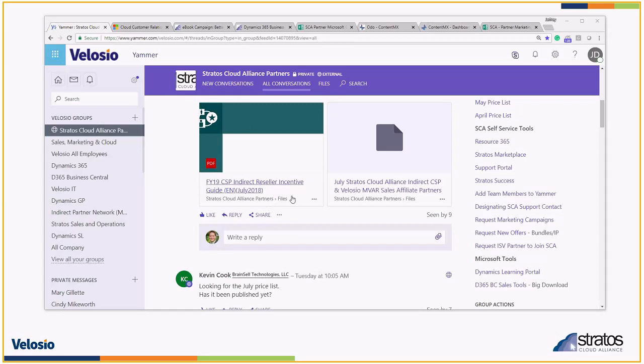So I encourage you to download this document and give it a good read. There are specific ones that you need to get, so you probably need to qualify. There's also additional steps within this document. It's not magic. You don't just automatically, hey, I'm silver or gold certified and get this. You actually have to engage with Microsoft to get this. So there are additional steps that partners need to take.